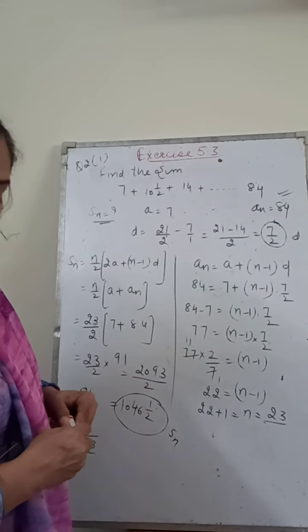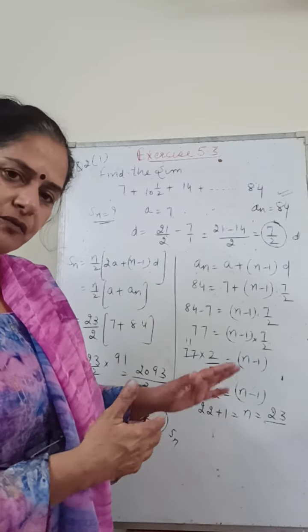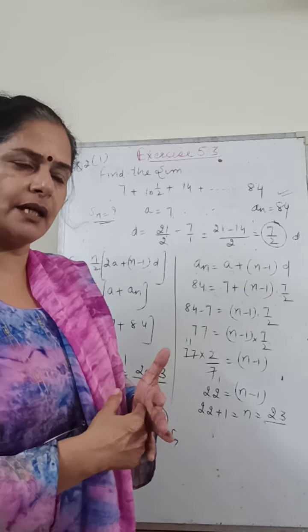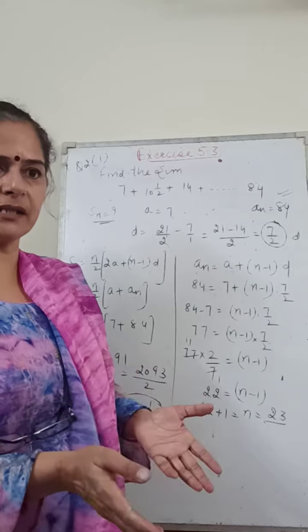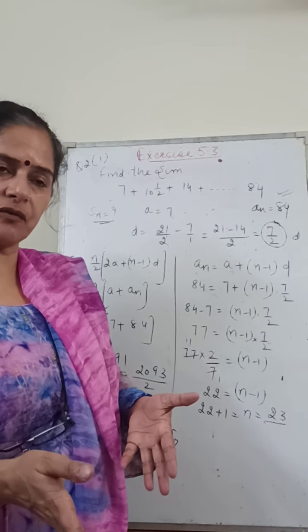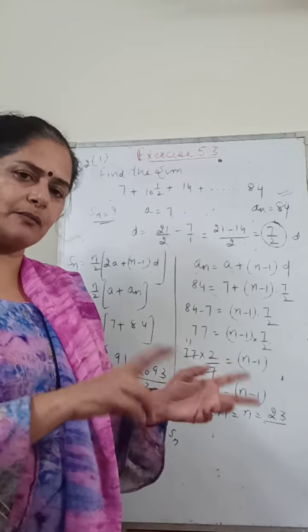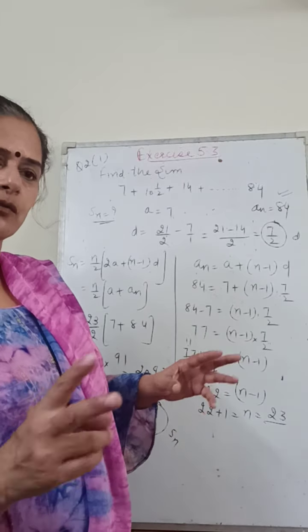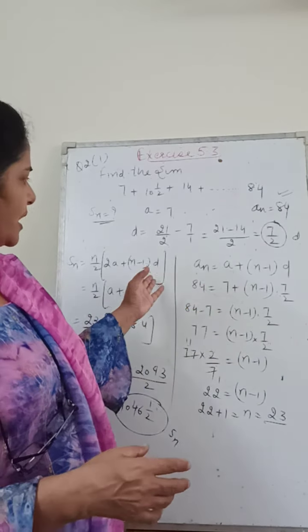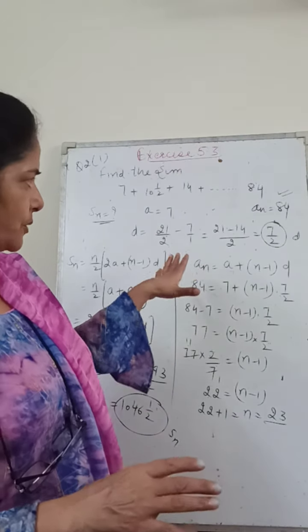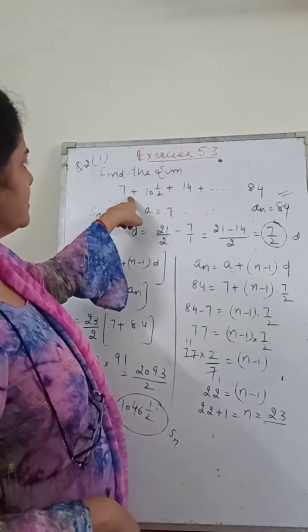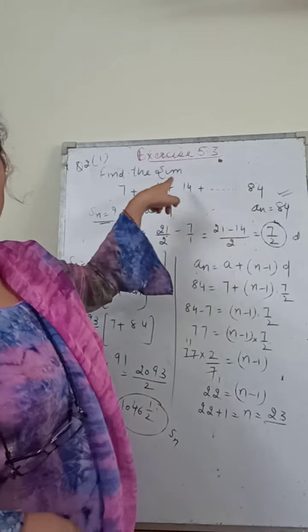Clear? No doubt. The question is lengthy, and in the third question also, all the questions are of this kind only. You will have to use two formulas. You have to use both the formulas. In some part an is given, d you have to find, n you have to find, Sn you have to find. Like some quantities are given and the other two quantities you will have to find out. So for the other two quantities, in most of the questions you will have to use both the formulas, right? So once again I am explaining this question, please see it very carefully. Find the sum 7 plus this is given to you, this is an AP, right?